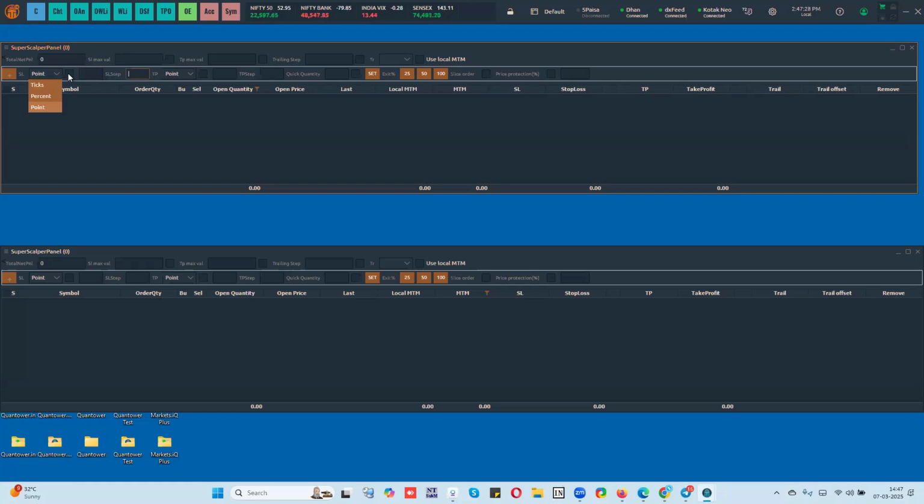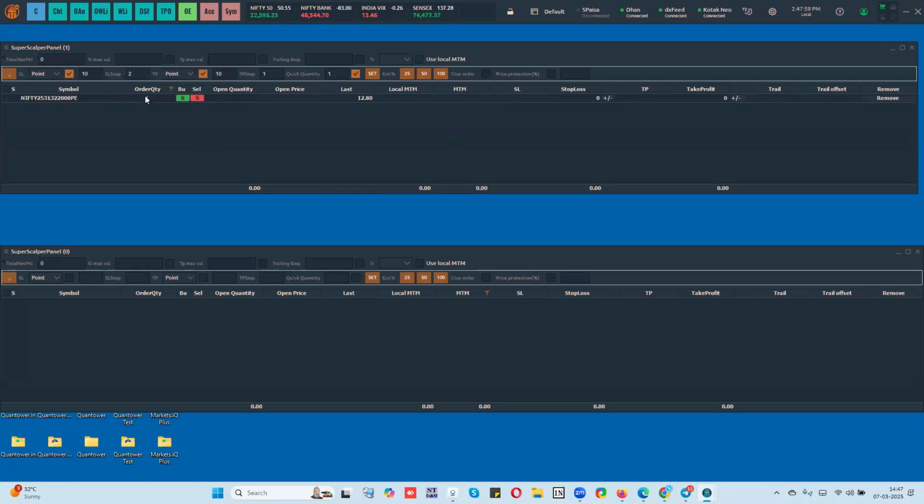You can put a stop loss. Like say, for example, I select points. I select 10 points here. And I have a tick step 2. Okay. Same way, I have a take profit selected 10 points, step as say 1. Okay. And then I can have a default quantity selected, enable this. So whenever I add any symbol, the quantity will be automatically selected. So I just added now. You can see that quantity is picked up from here directly. Okay. So now I can place an order.